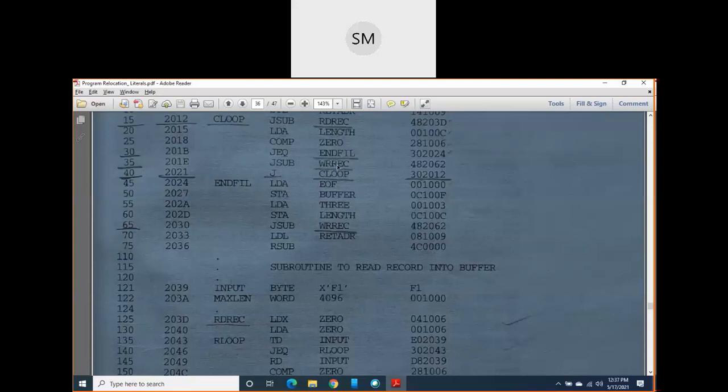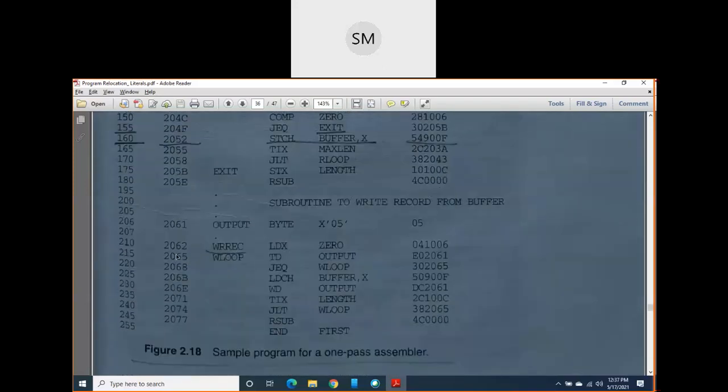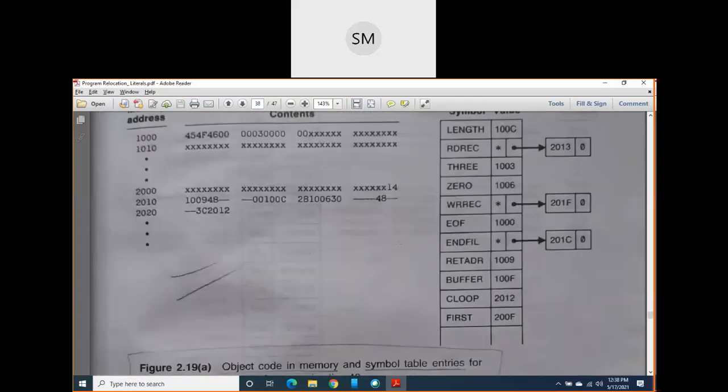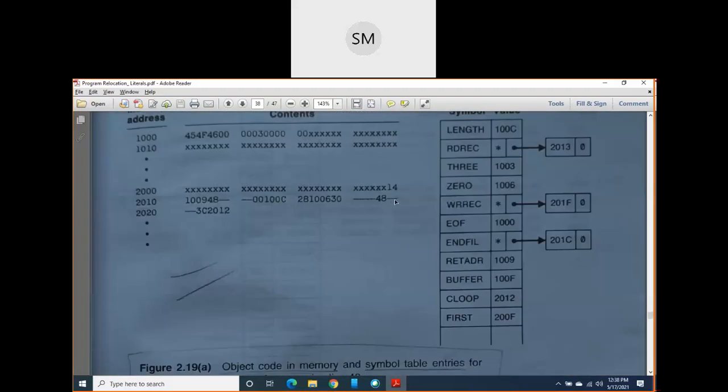The assembler does not know the write record address. In fact, write record is defined at line number 210 with address 2062, but the assembler does not want to go there to get the address. So it simply marks write record also as undefined, and 201F it has written. What is this 201F? It is the address of the instruction where write record is an operand.